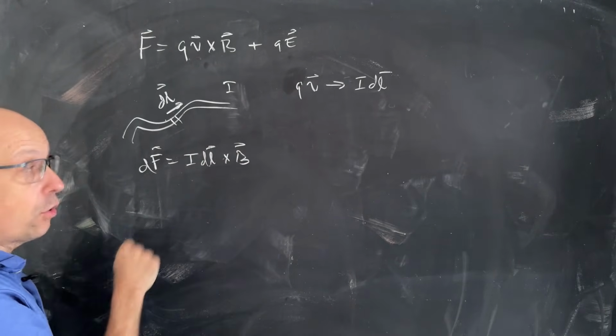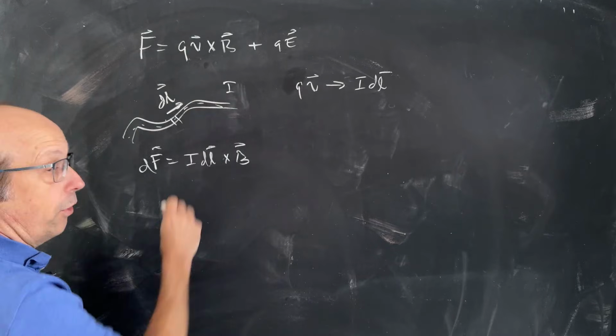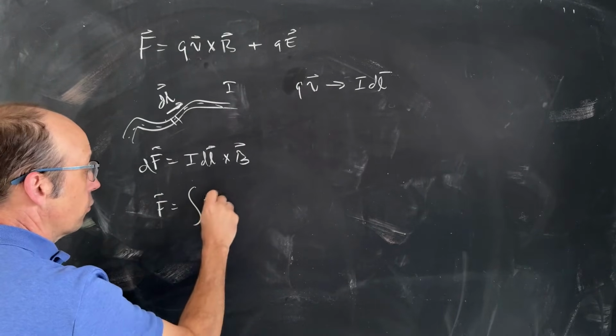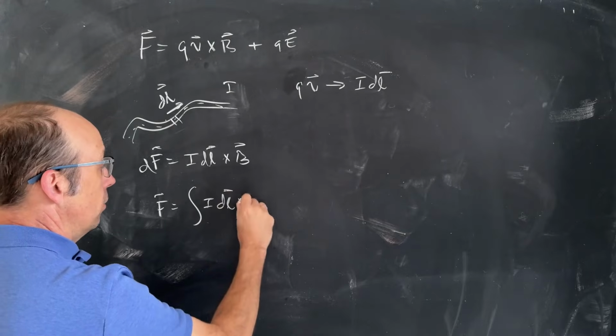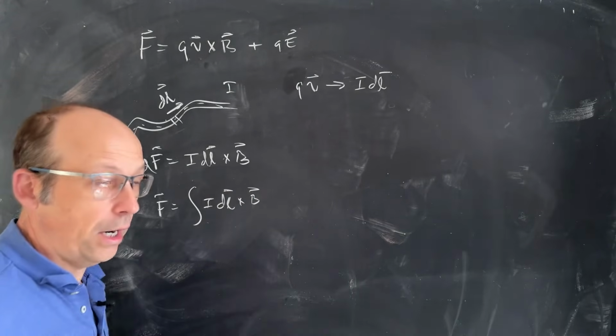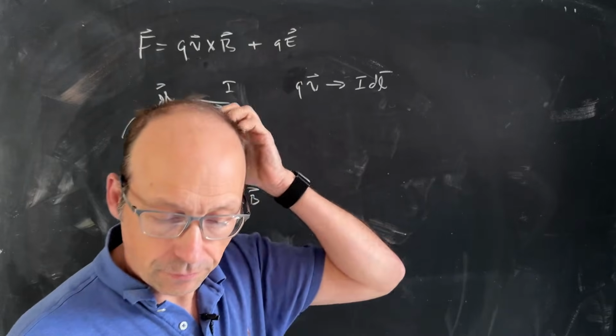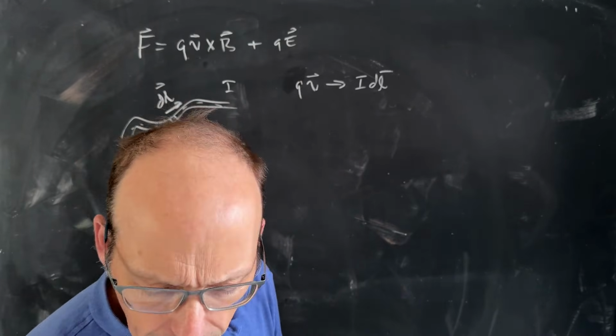Now, if I want to find the total force, I'm going to have to integrate along that weird path, whatever it may be. So this is going to be the integral of I dl cross B is the force on a wire. Right? Each little piece is like qv. Next, we have